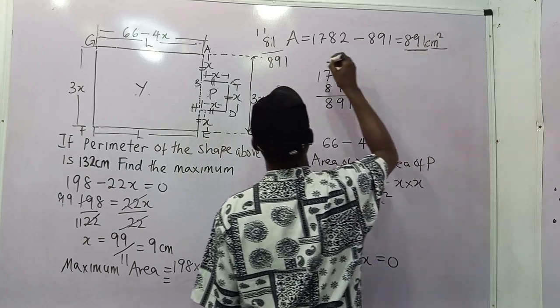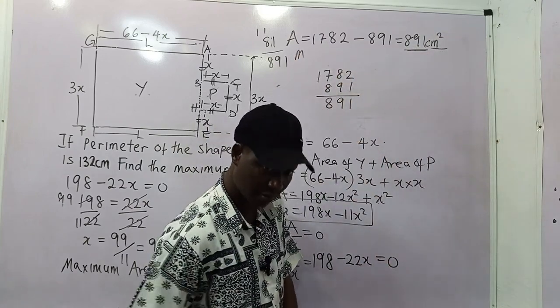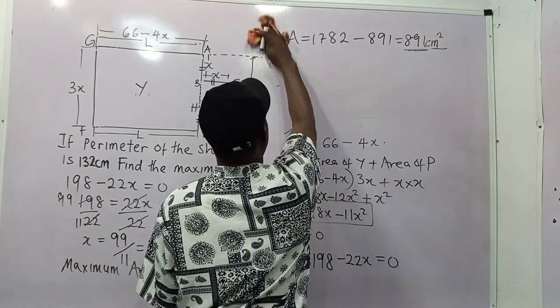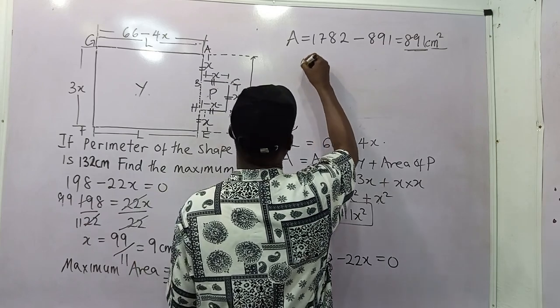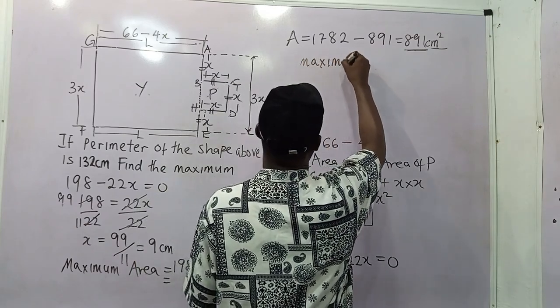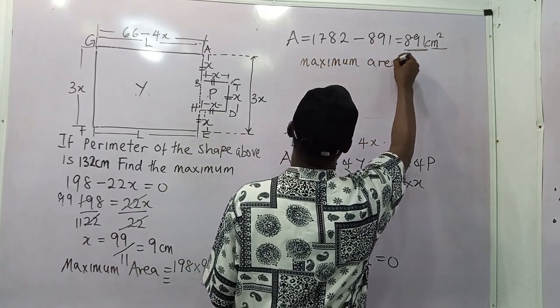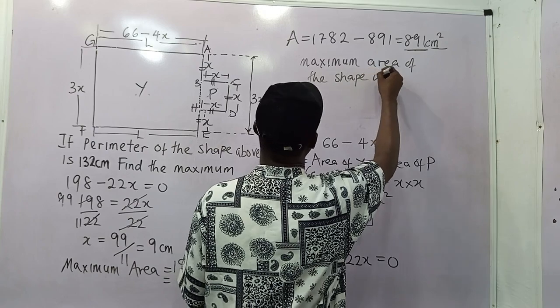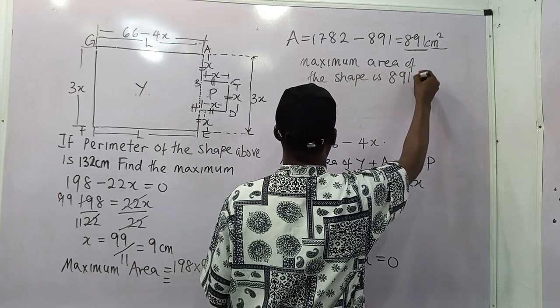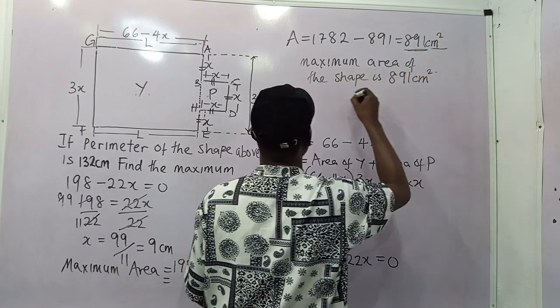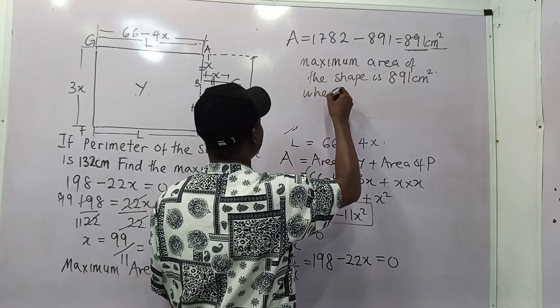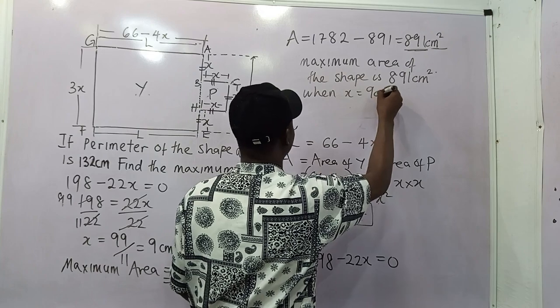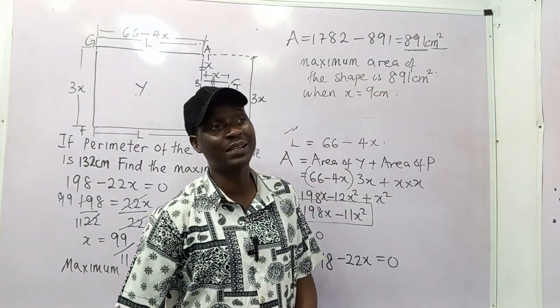centimeters squared. So the maximum area of the shape is 891 centimeters squared, which is when x is equal to 9 centimeters. So I believe that